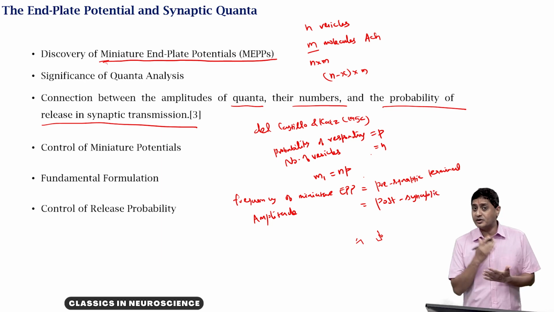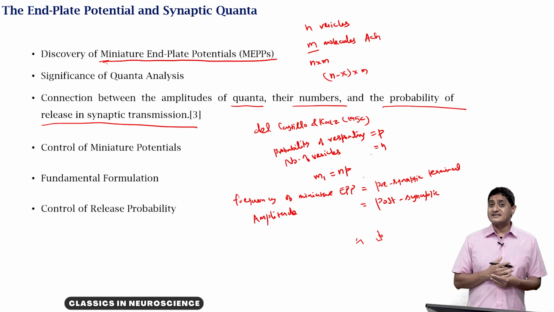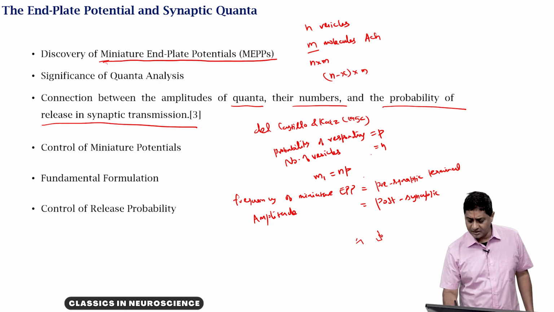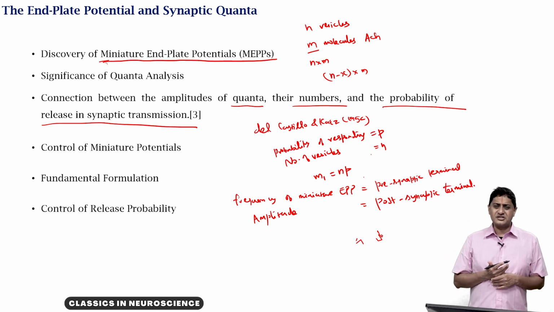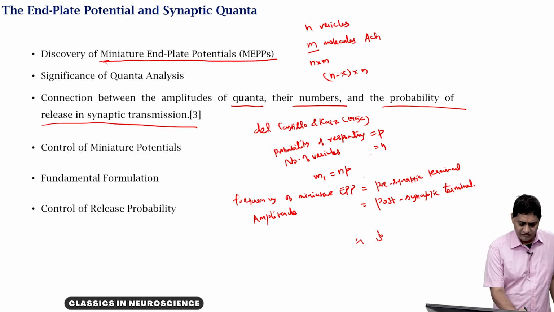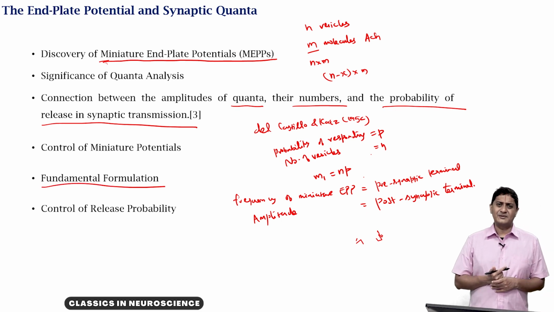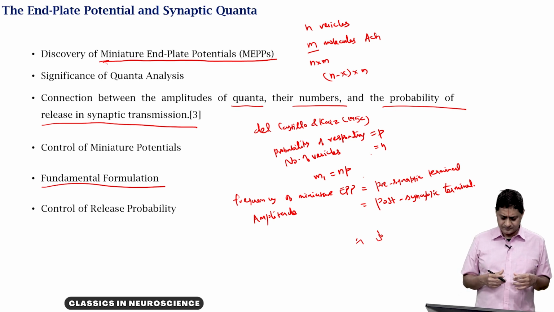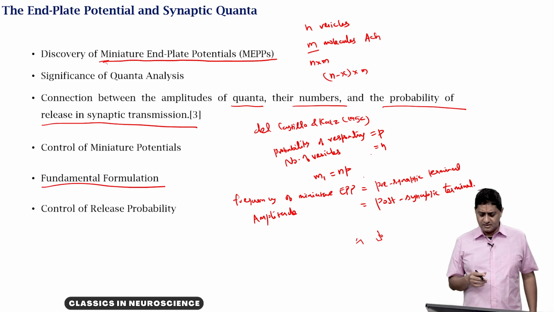So, how frequently you are going to have action potentials in the postsynaptic neuron is something that is determined by what happens in the presynaptic terminal. But what is going to be the amplitude of the postsynaptic muscle cell in this case, not the neuron, is determined by the situation in the postsynaptic terminal. So, this formulation became the fundamental formulation in improving our understanding of synaptic transmission, just like how the Hodgkin and Huxley description became the fundamental formulation to describe action potentials. So, this was the idea.